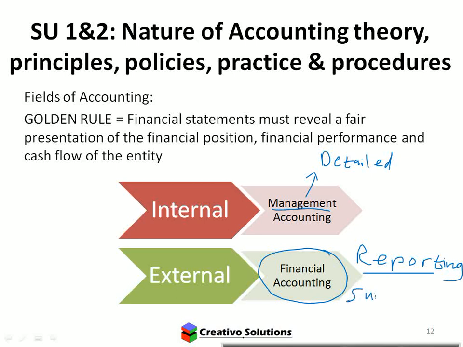So they look at summarizing information rather than detail. For example, would the investor want to know exactly how much you're paying every employee in the company? No, the investor would just want to know what the payroll is. Okay, what is the total salaries and wages exactly? But if you're the manager of your department, would the manager want to know how much everybody is getting paid? Of course, right, because that will affect